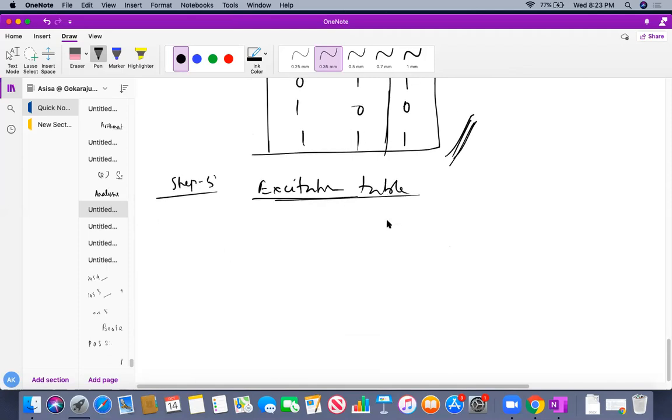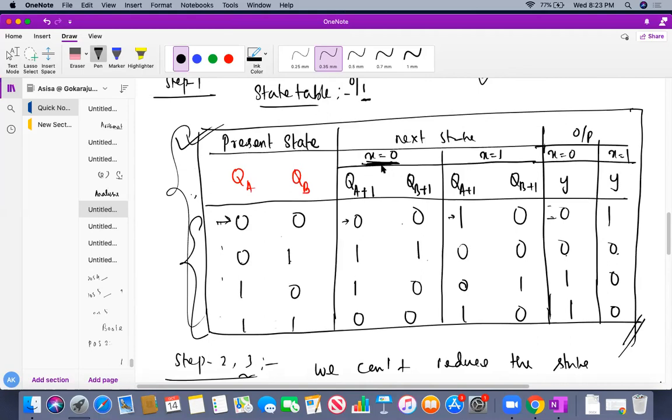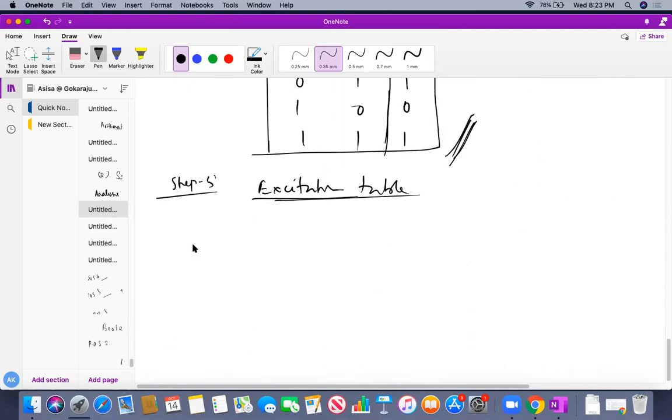First of all, the way we have written here the state diagram, just check here. For my input x equal to 0, what is my next state? My next states are 0, 0. And for x equal to 1, what is my next state? 1, 0. At that time, what is the present state? Present state is 0, 0. If I can write down this state diagram in this way, is it correct or not? Please let me know.